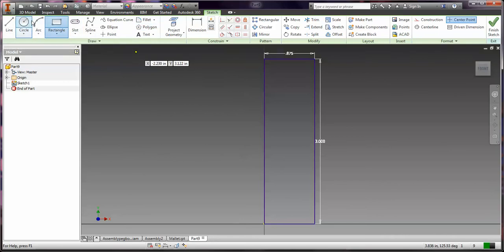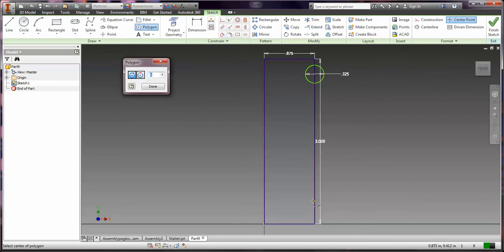If you would like to use the circle tool, you can use the circle tool. You do not have to be worried about essentially how far you come out, but I'm going to come down a little bit, and I'm just going to make this circle, maybe I'll type in 0.325 and hit enter. And if you want, you could use the polygon tool, and you could kind of just